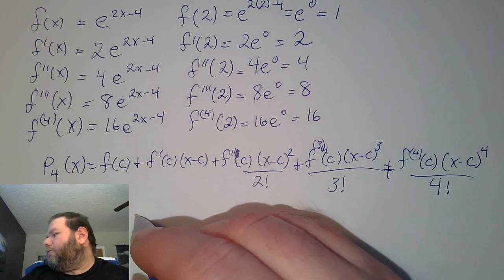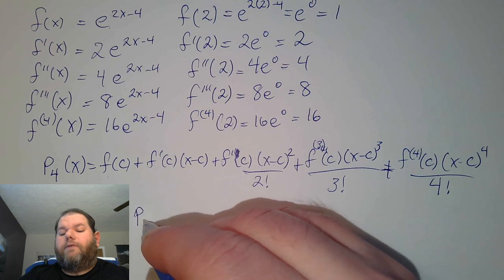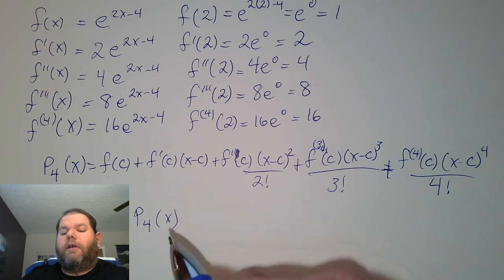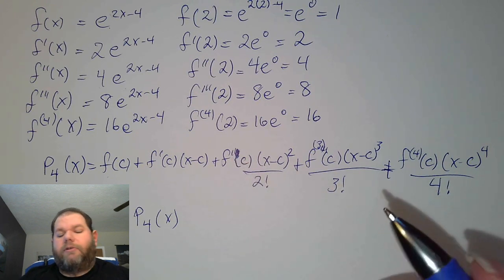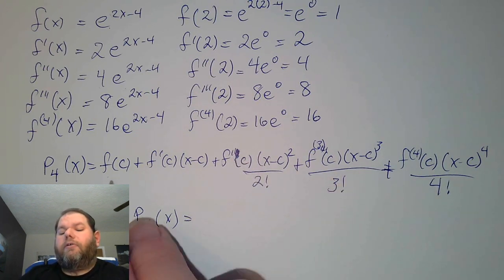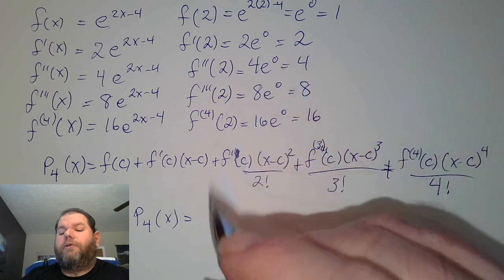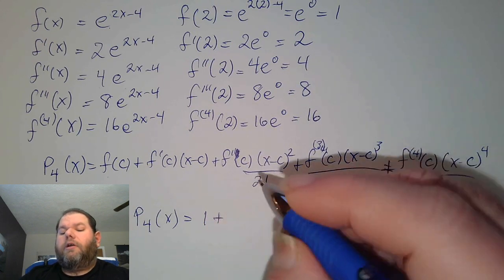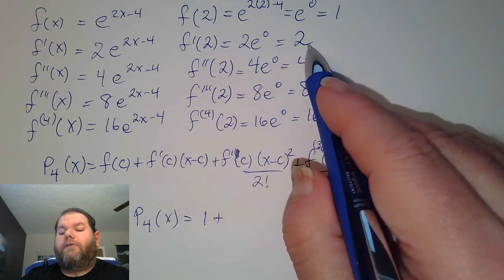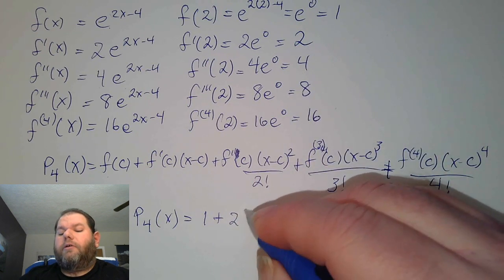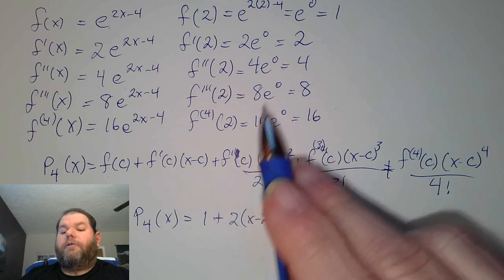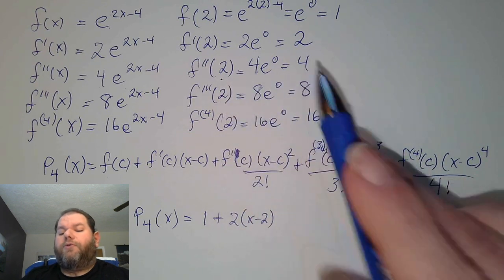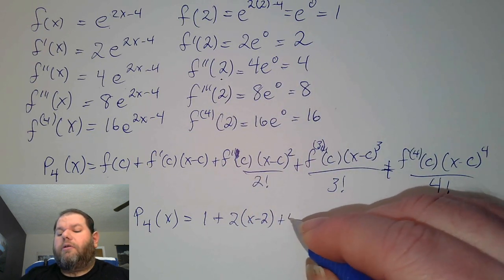So P4 of x, that's the fourth Taylor polynomial in this case. So start with f of c, which is 1, f prime of c, which is 2, times x minus 2, f double prime of c, which is 4,